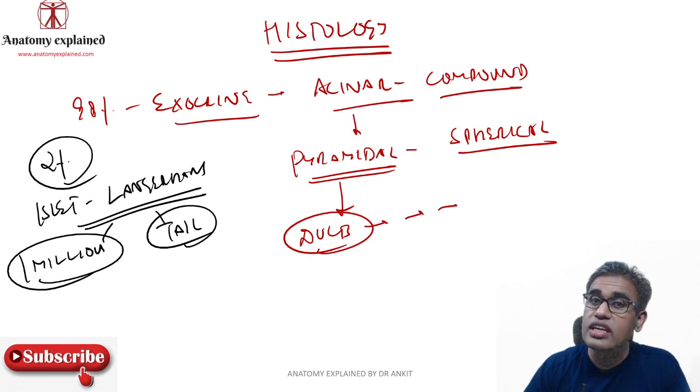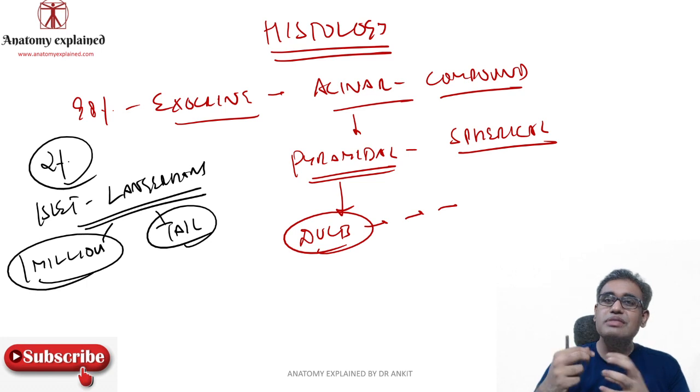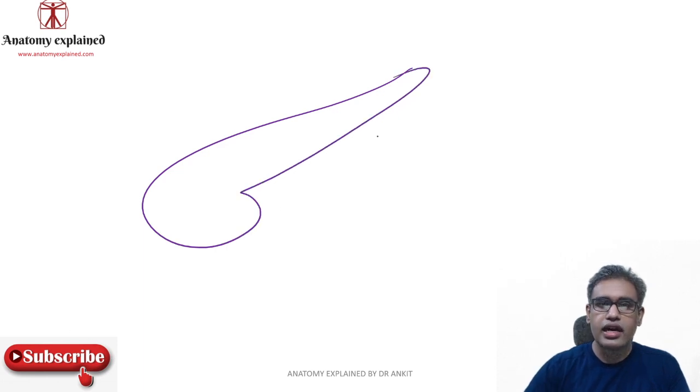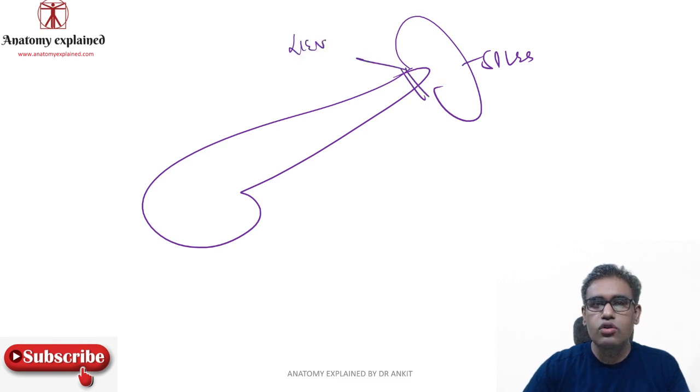Which ligament? Lienorenal ligament. So when the surgeon is going to take out the spleen, supposedly this is the pancreas, we can make it again over here. Suppose this is the pancreas over here, and imagine this is the spleen over here. Now this double-layered fold of peritoneum is known as your lienorenal ligament.